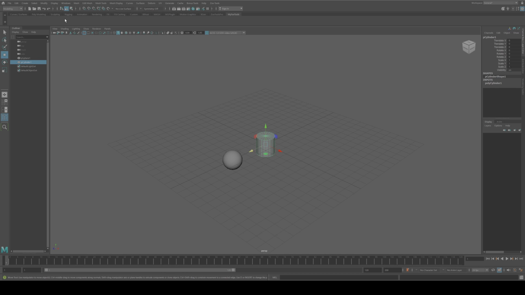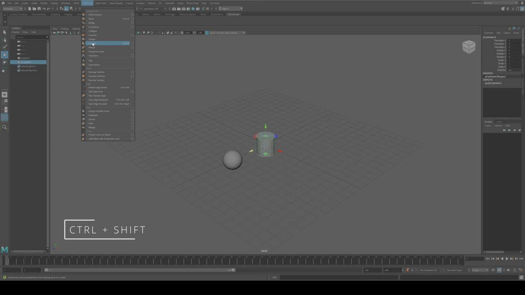So how about adding your favorite tools to your newly created shelf tab? It's super easy. Do you remember that I told you before that you can access every possible operation somewhere in these menus here from the menu bar? Great. All you have to do, for this specific demonstration purpose, is go to the Edit Mesh menu. That opens a drop-down. Go with your cursor to the Extrude tool. Hold down Ctrl and Shift and click on the tool you want, in our case, Extrude.